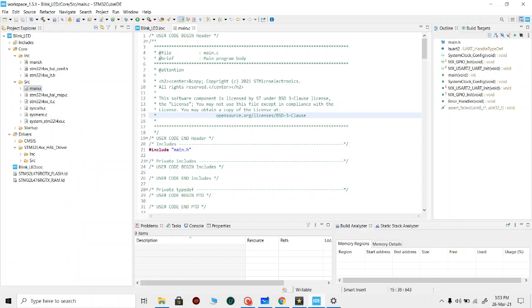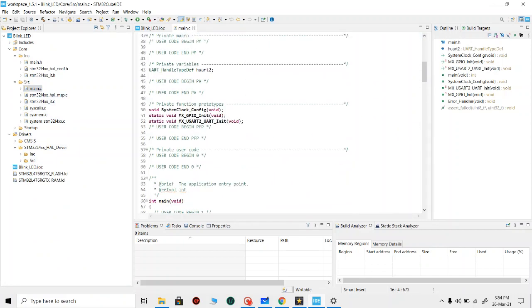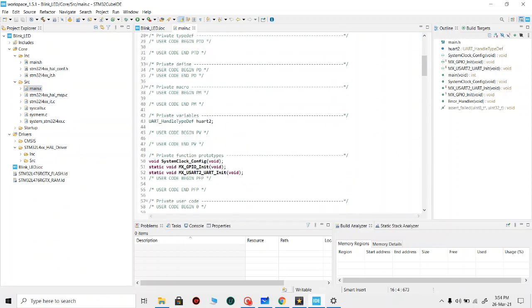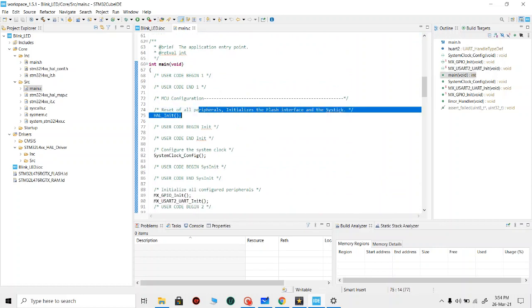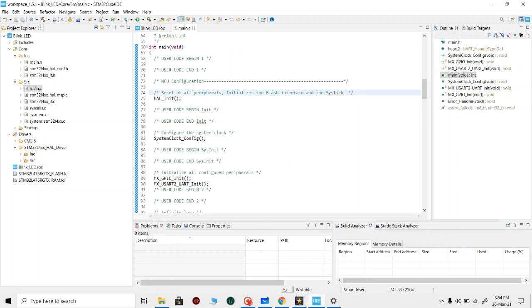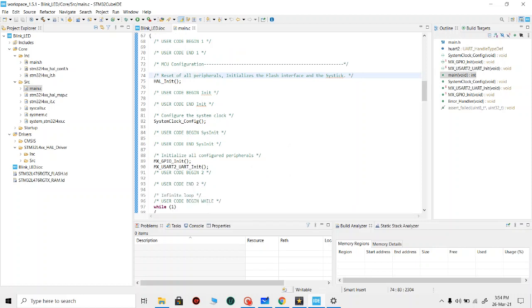And this is our main.c. Here we have initialized all the peripherals, which is all just generated by the IDE. We'll have a look at the code in a later video, part 2.